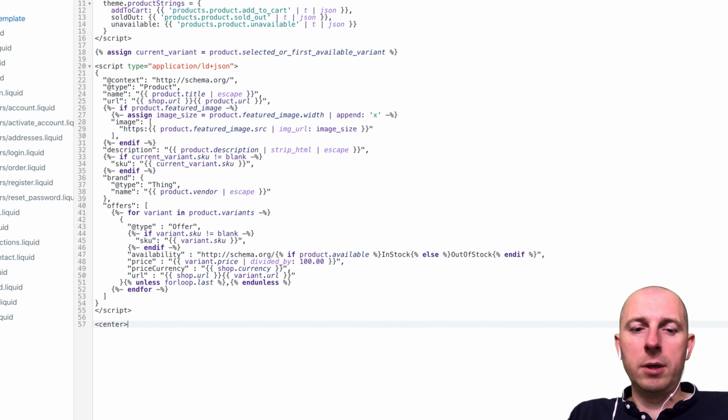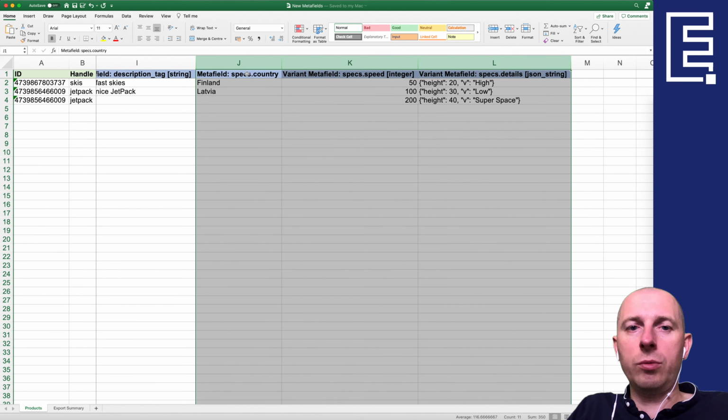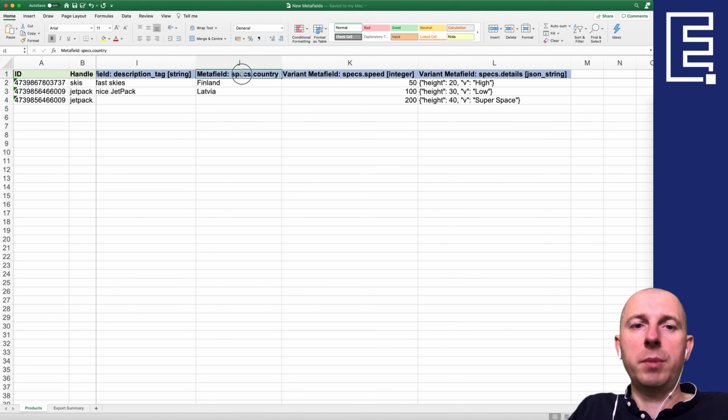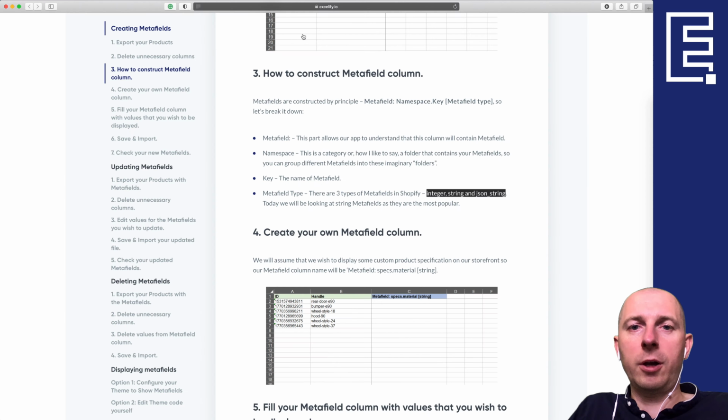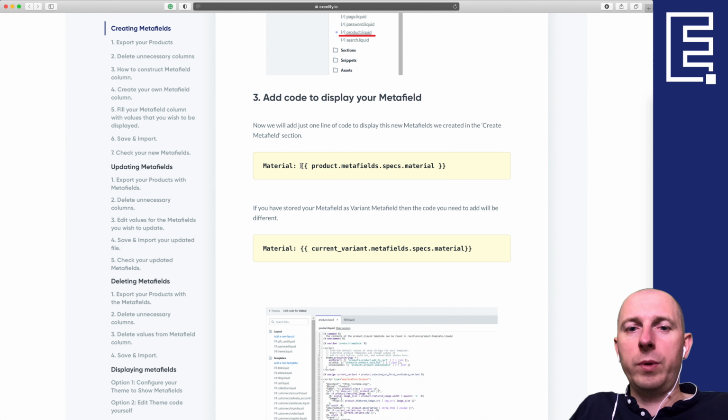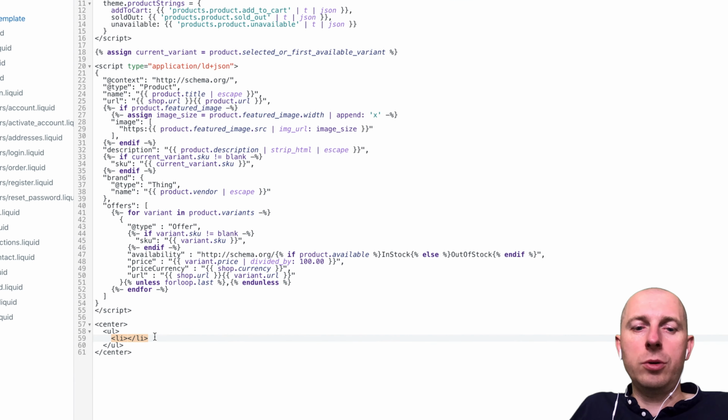Let's put in the center of the page some unordered list of items, which will be a list item of, for example, what we want to show. We want to show the country from specs namespace. So here is a little bit of help in our tutorial. So here we can copy this code, and this is how we insert the value from the metafield in our page. We can write, for example, here is the country, and we take product, metafields, specs, country,